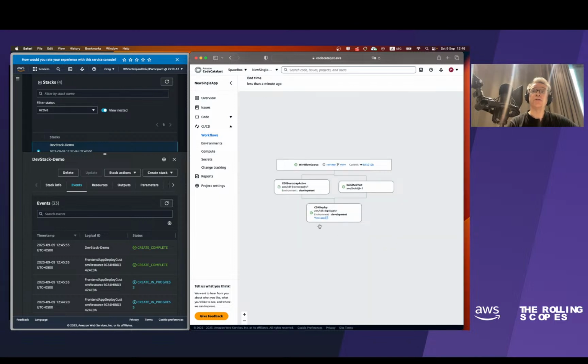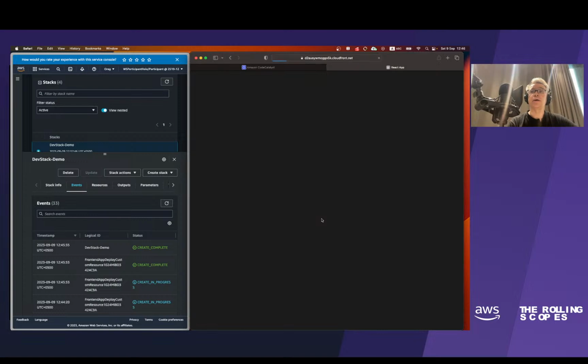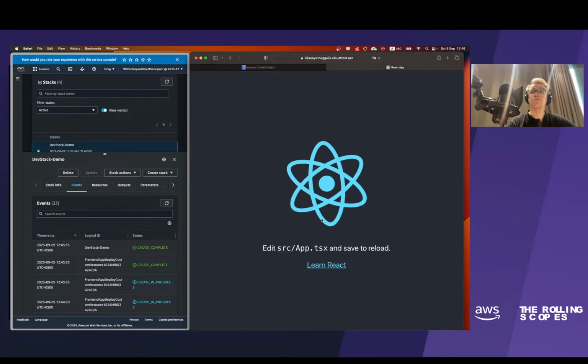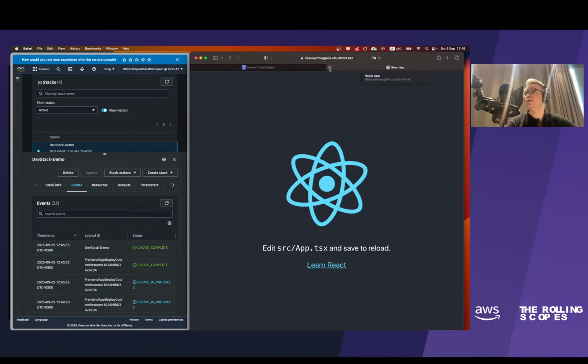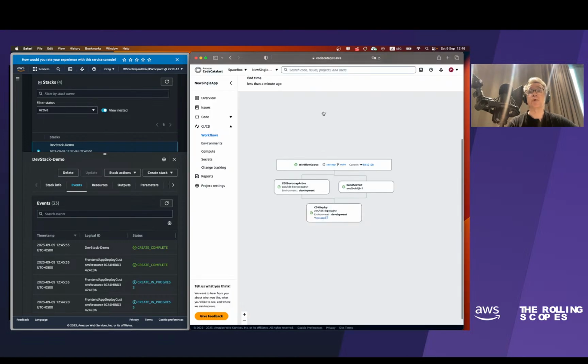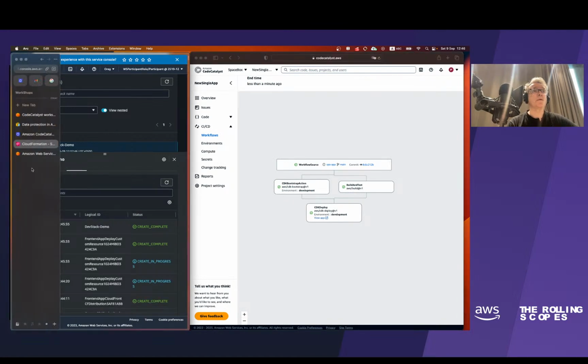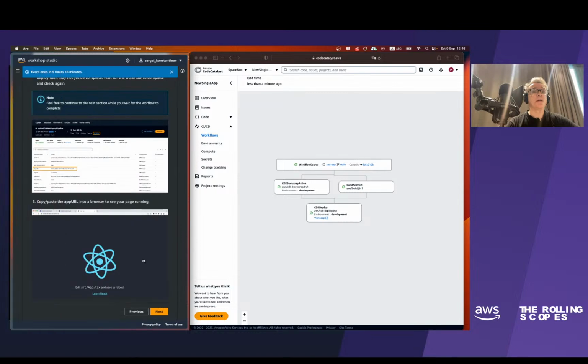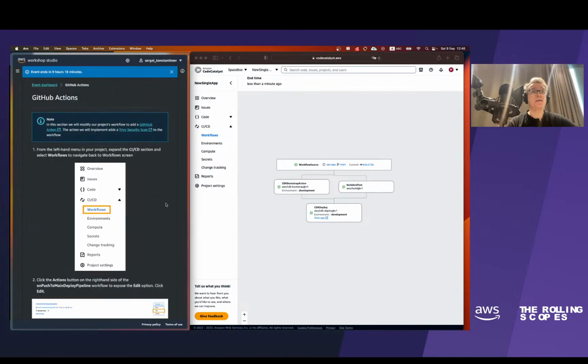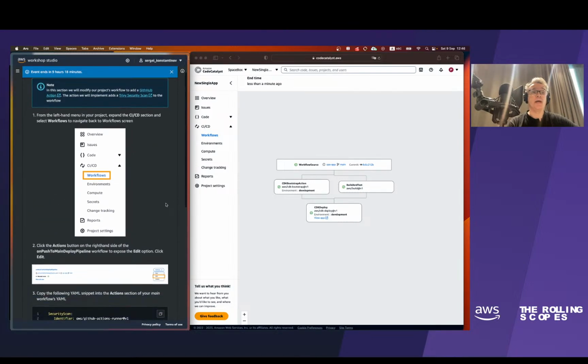But there is a simpler way to open up our application. It's this little link here. Just view app. Click on it and take a look at our application. Yeah, there you are. We have our application up and running. Great. So what should we do next? Okay, we press next and see what we have to do next. And next,